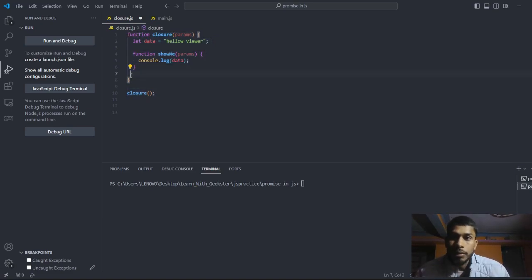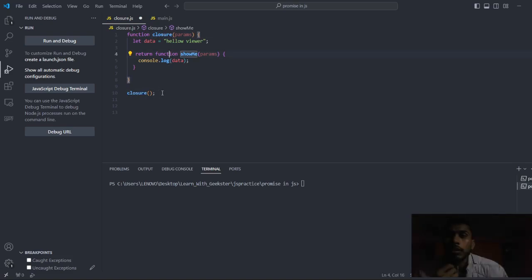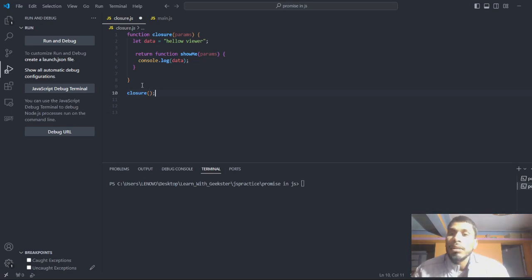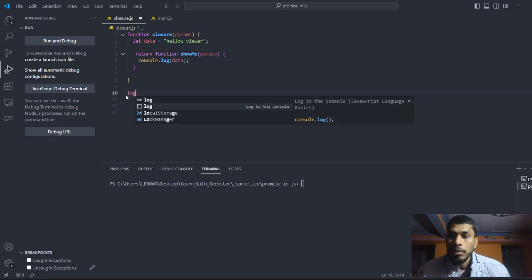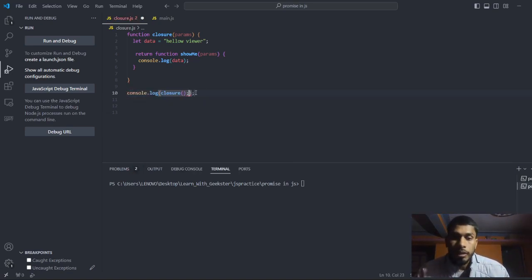If I return this function as well, this closure function will return this function. So let me log this closure. What will I get over here?